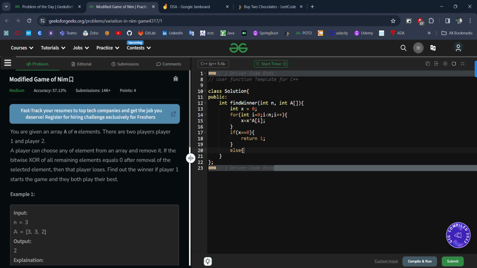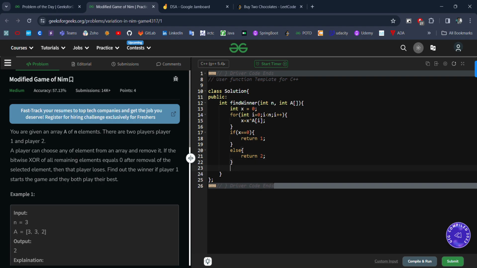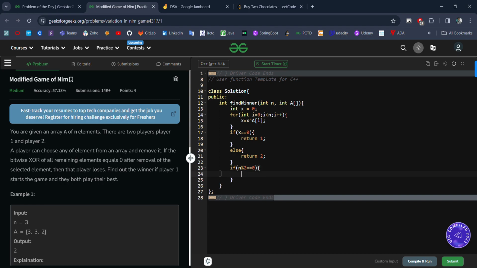Otherwise user 2 will be the winner. Apart from this, we need to check if the given size of the array is even. In that case user 1 will be the winner.